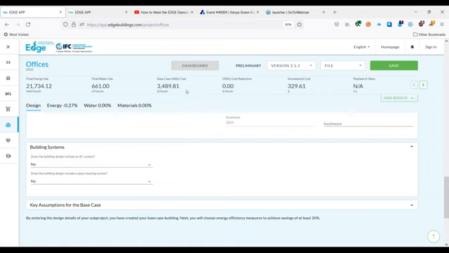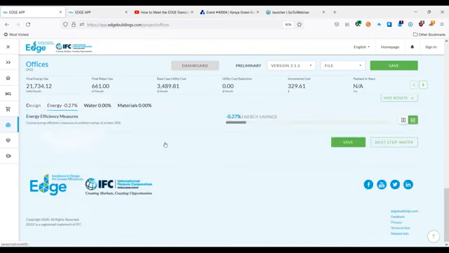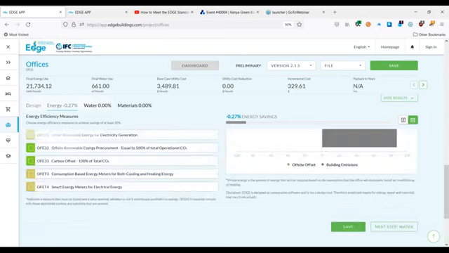On the top row here, be mindful of this as I'm adjusting some of the measures. You'll see these changes happen here. We can see key metrics we should be looking at: the payback in years, the incremental cost of the project, and the utility cost reductions. So essentially, we've laid out a base case for a building here, the design parameters, and we move into the energy efficiency measures.